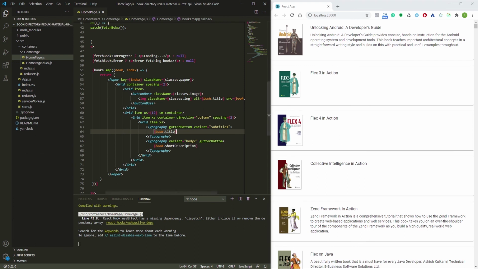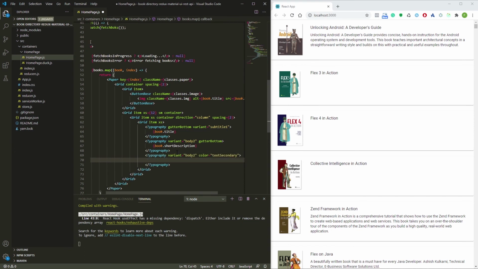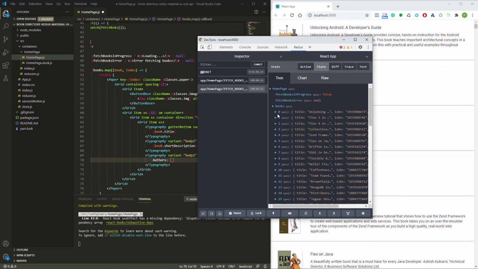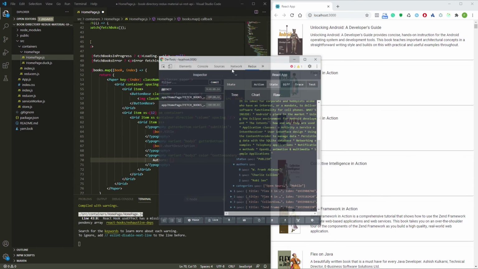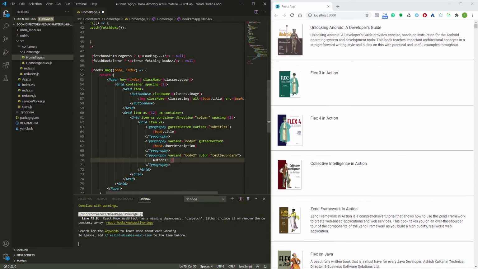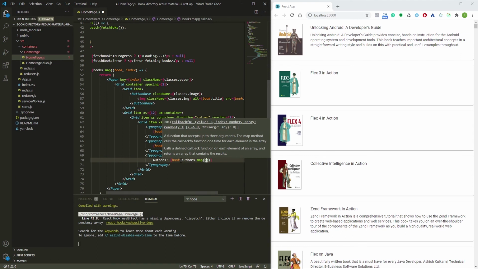Okay, nice. Now we need to add also the authors, and this is going to require some CSS later, but for now we can keep it like this, and for the authors we say authors. Because if we look at our Redux state and go to books, we see that authors is an array, so we need to go through each item and just print the name. So we do that by saying book.authors.map, and here we can declare an author and the index, so we can use